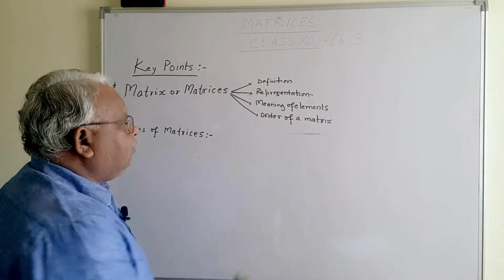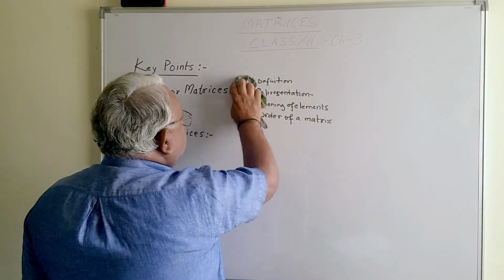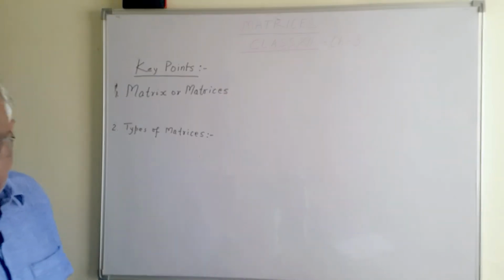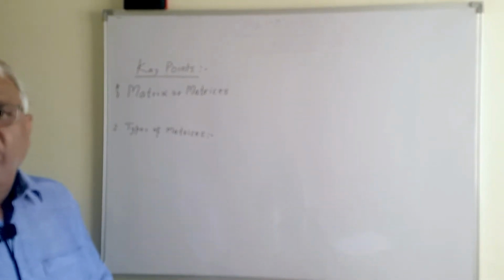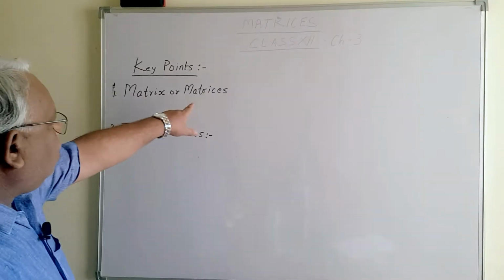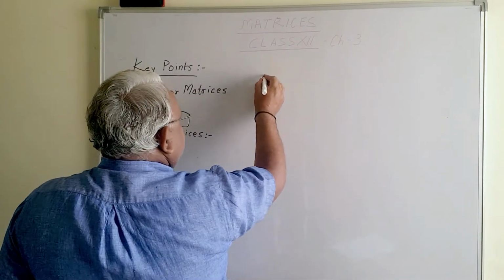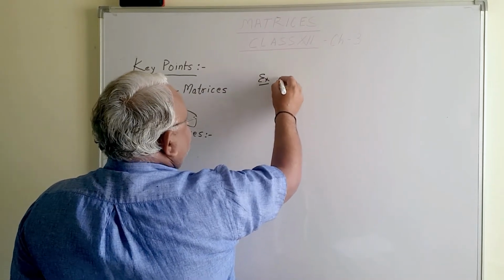The next part of this, all these are clear. I have explained all this to you. The only thing is, I would like to take an example to understand how to form a matrix. So let us take an example, because you should know how to form a matrix. So let